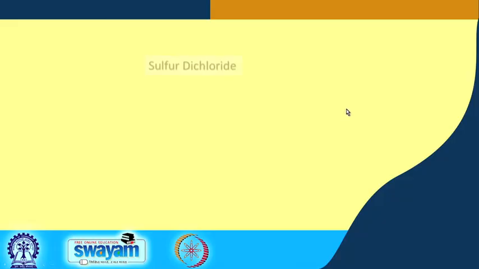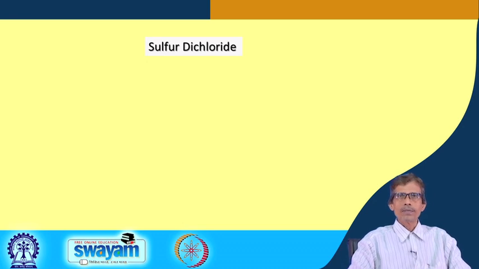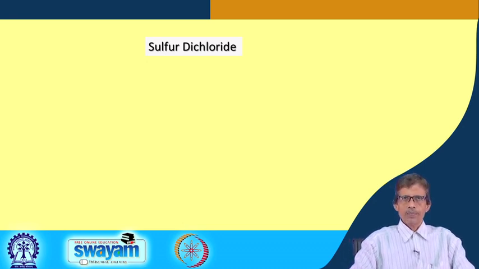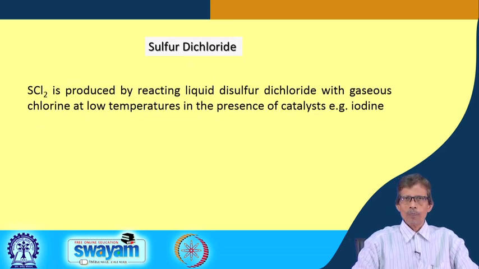Good evening everybody. We are talking about the different sulfur compounds starting from your sulfuric acid, and now we have moved to some compounds where we can have sulfur and chlorine bonds. Last time we have seen that you can have two sulfur and on both ends two chlorides, that means the compound is disulfur dichloride. Now, we have also seen sulfur dichloride, that means it is SCl2.